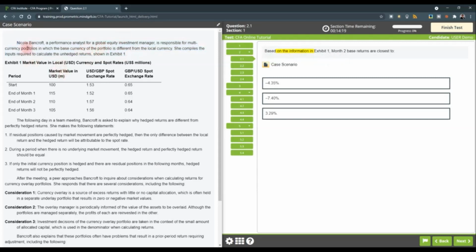So I'm not sure whether this is the exact same function in the actual exam. Okay, that is yet to be seen. But let's say in the case where you are not able to highlight, then I guess the best way to go about is when you read the case, okay, you can highlight it with your mouse, okay, just to focus on that particular section. Okay, in the exam, the screen will be split into two automatically, so you don't have to worry about whether you have to click any button to enable this screen.